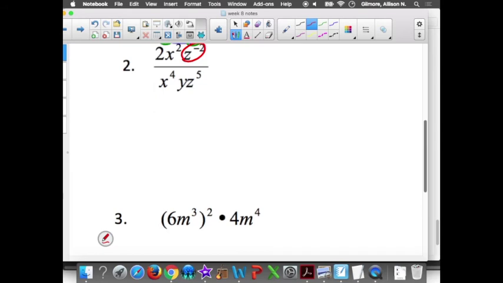Number 2, we have 2x squared z to the negative 2nd in our numerator. In our denominator, we have x to the 4th. If you recall, we're going to remove the negative, and we're going to move it. So it's going to go down into the denominator, and it's going to become z to the positive 2nd power. Okay, we always remove the negative sign and switch its place. So in our numerator, we still have 2x squared. In our denominator, we have x to the 4th,